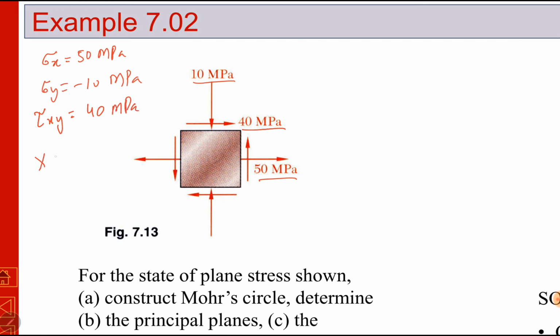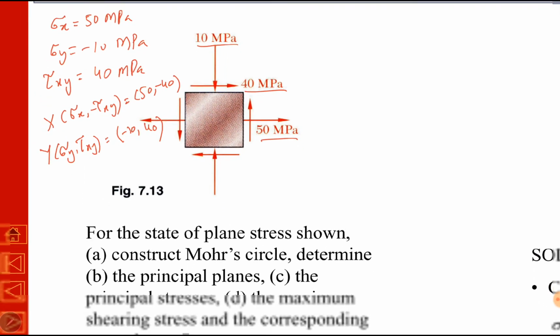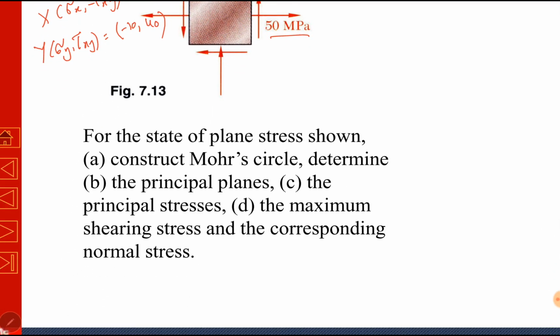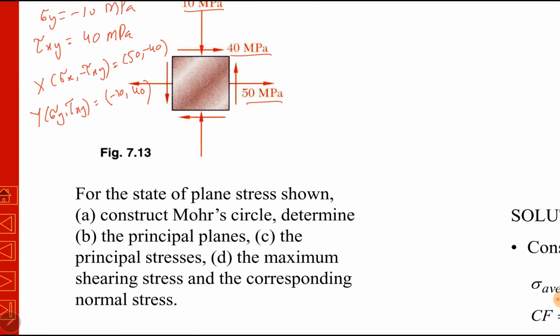We have 2 points, x point, sigma x, minus tau xy. Sigma x is 50, minus tau xy means minus 40. Y point is sigma y plus tau xy. So sigma y is minus 10, plus tau xy is 40. Statement of the problem is, for the state of plane stress shown, this is plane stress, a 2-dimensional state of stress, construct Mohr circle. So we will use these 2 points x and y to construct Mohr circle and determine